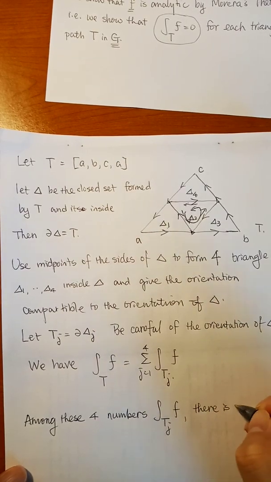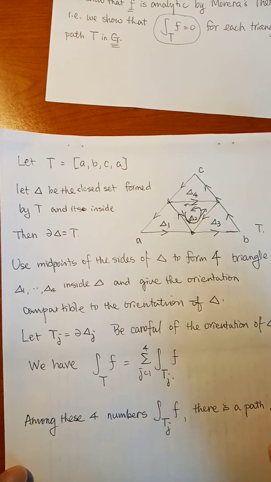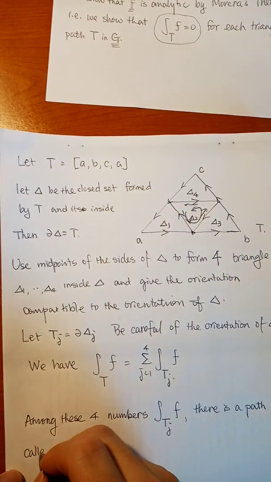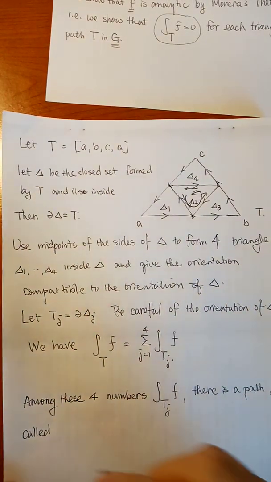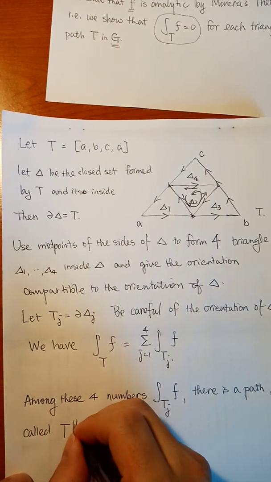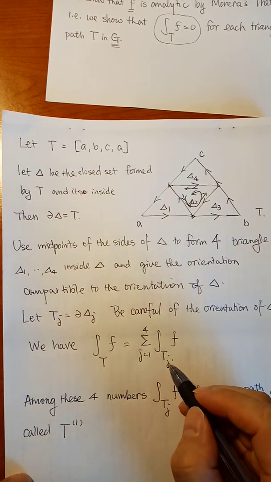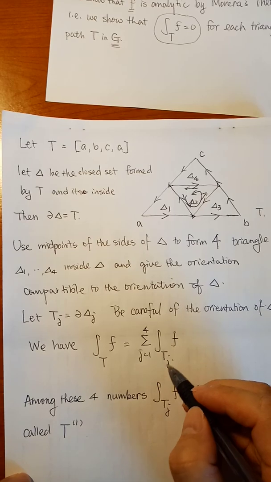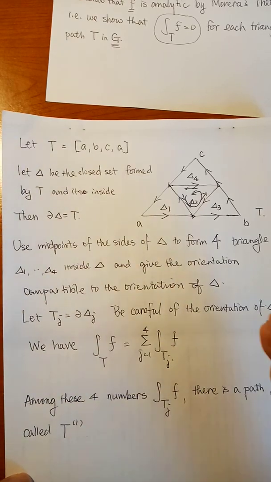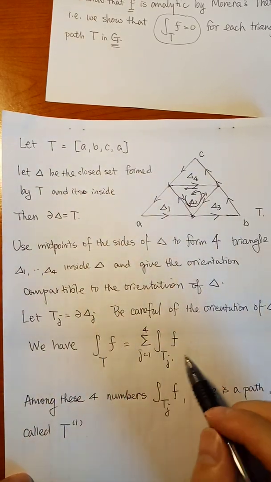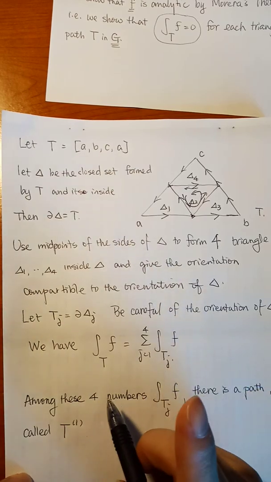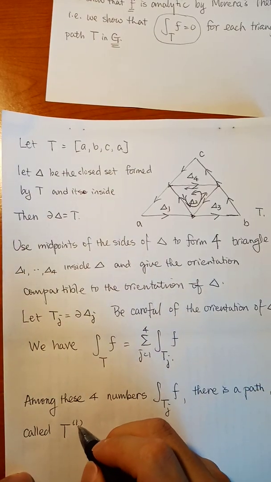There is a path, we don't know which one, but let's just call it T super 1. T sub j is T1, T2, T3, T4. They are the boundary. And among them, there's one we call T super 1,